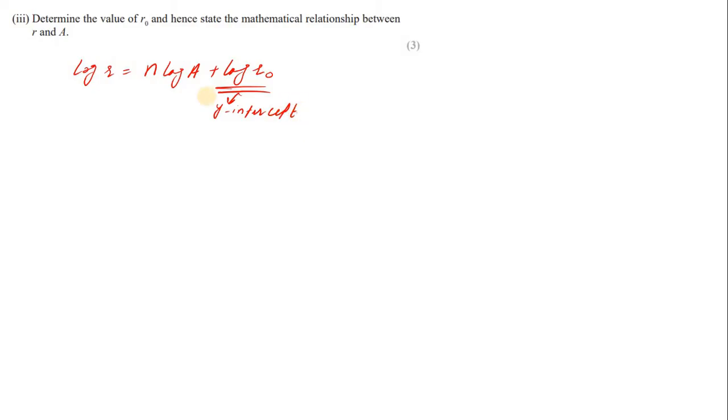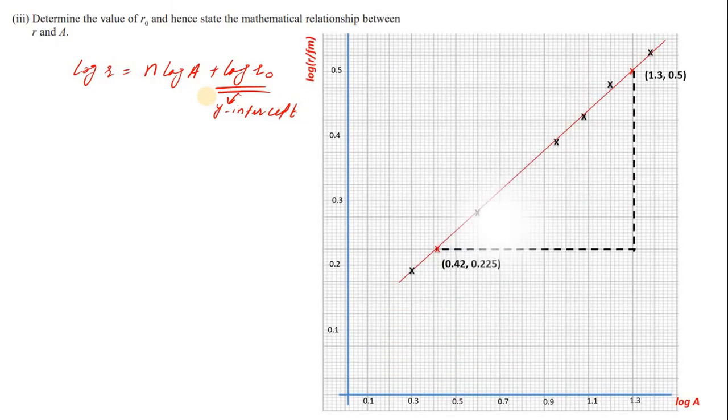That's what we need to find. So this is the graph that we plotted. So we find the y-intercept. So we extrapolate this line with the dotted line or whatever you can do, and you can find this point